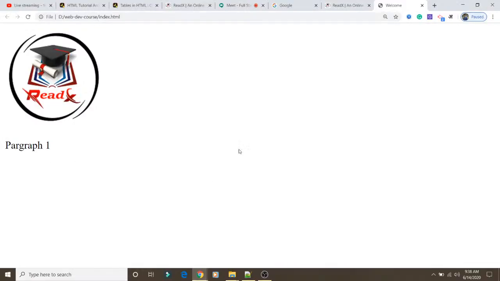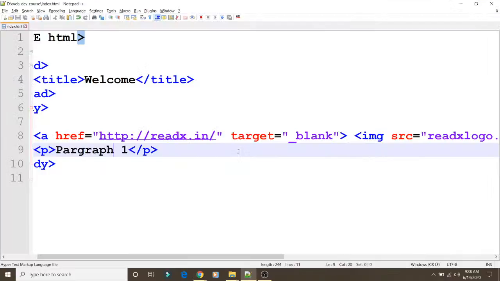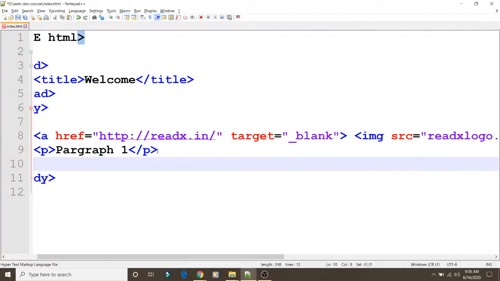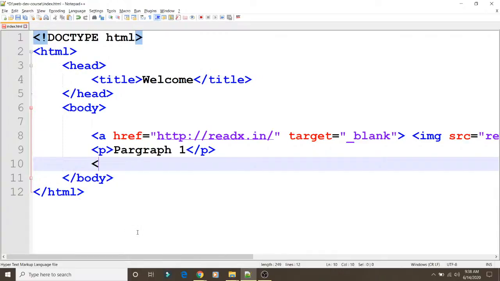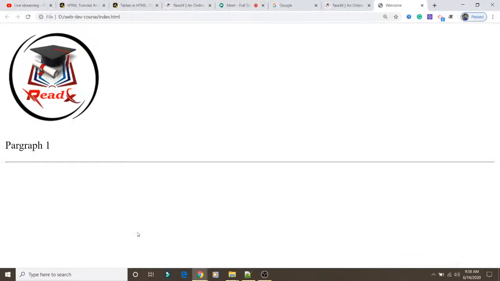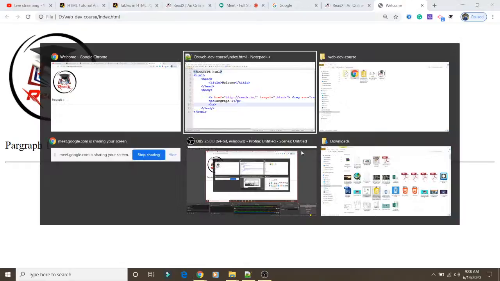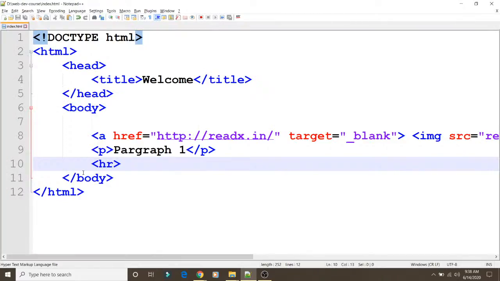How can we do that? You can do that by using the hr tag, horizontal rule. That is simply hr. What will happen is a line will come. So you can see a line is appearing over here on the particular website page. Similarly we can keep multiple horizontal lines as per our requirement.